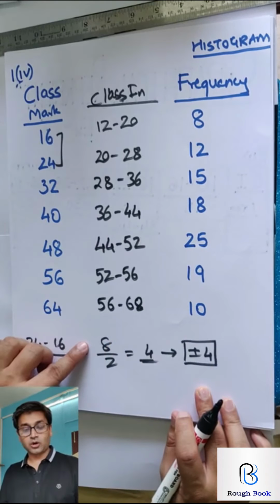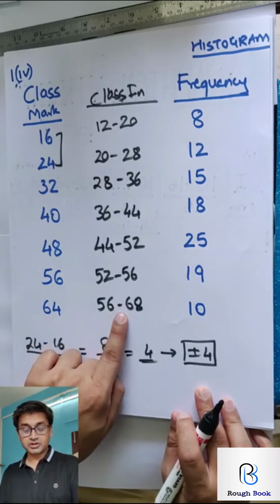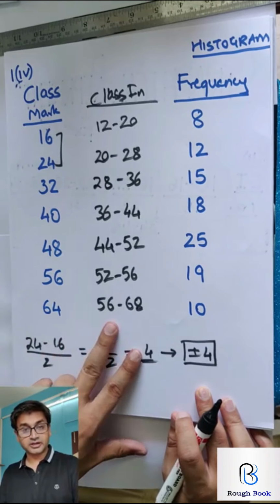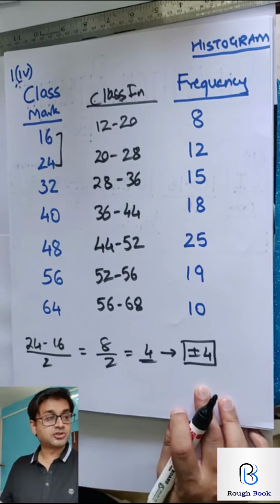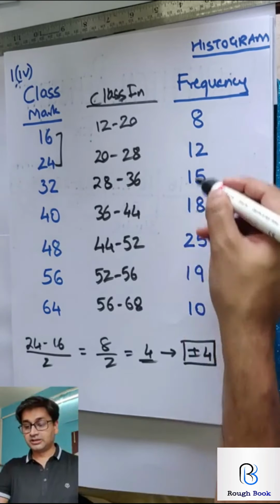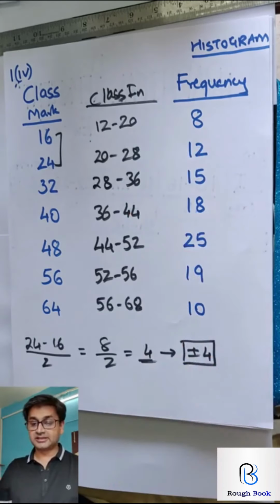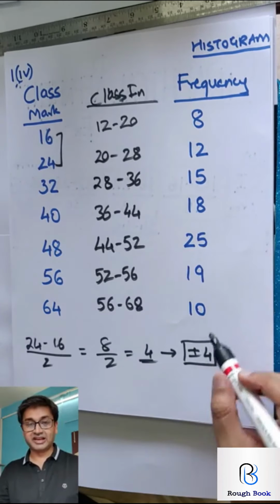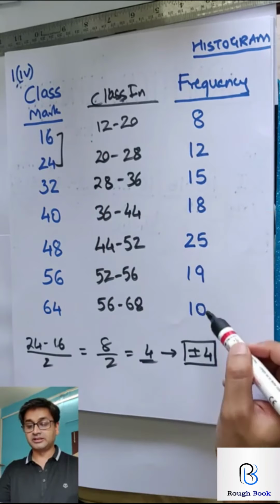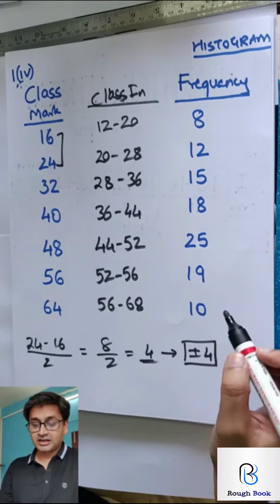Did we manage to get all connected? Yes. Did we manage to get all the class marks converted to class intervals? Yes. Now let's draw this on the graph sheet. So how will this look? So I will need all this, alright. This is going to go on the x-axis. This is going to go on the y-axis. Remember that, okay. So your x-axis is going to be 12, 20 and so on, and this is going to be the frequency. Can we calibrate right now?